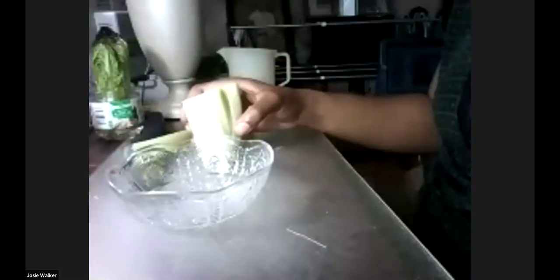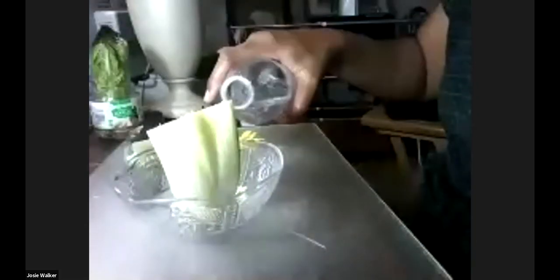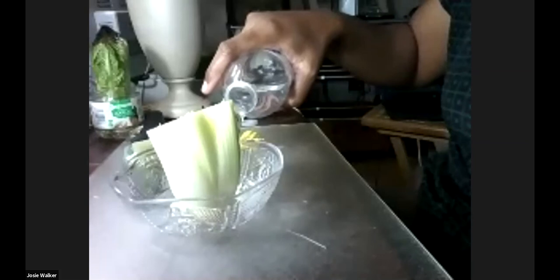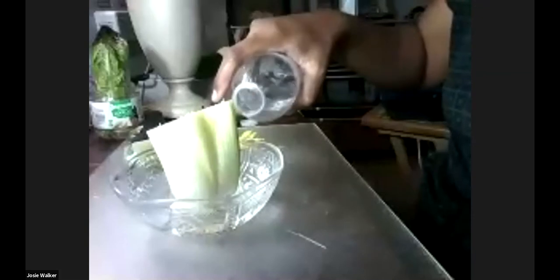So you're going to take your cup or bowl, and you're going to add in probably at the most an inch of water. And if it doesn't stand up by itself, figure out a way to prop it up. You can put some rocks in the bottom to level it out, or you can put something up the top to keep it from rocking or falling over. In this case, luckily it stands up by itself, so I'm not going to worry about it. So you're going to put water in it, cover the stem and a little bit up the side,